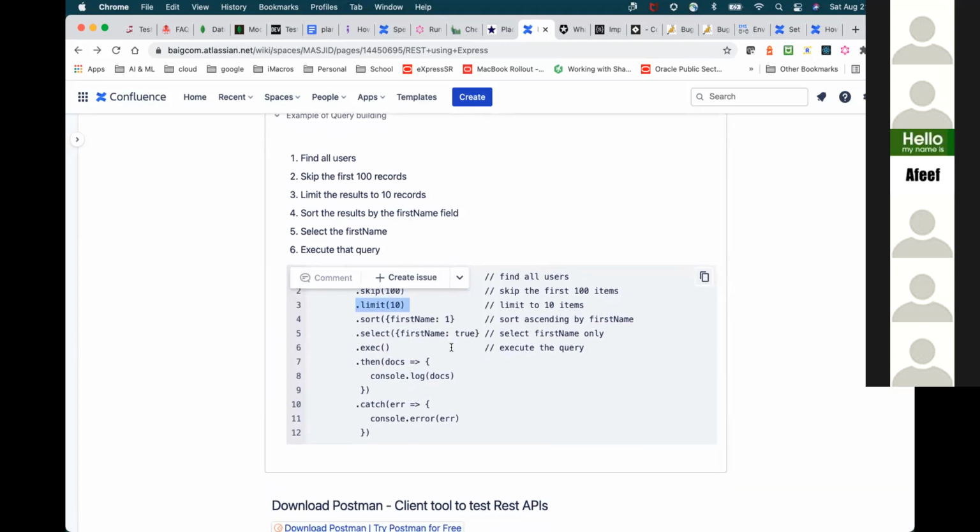Is Mongo a JavaScript library? Yes, it is. Are there any other ways to just create APIs without Mongo, or is Mongo the only one? There is certainly a way, and we will maybe cover it later, but for now I don't want to make it more complicated, because our goal for now is just to understand how to build the REST APIs.